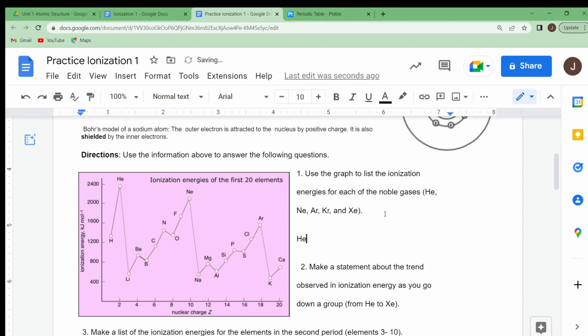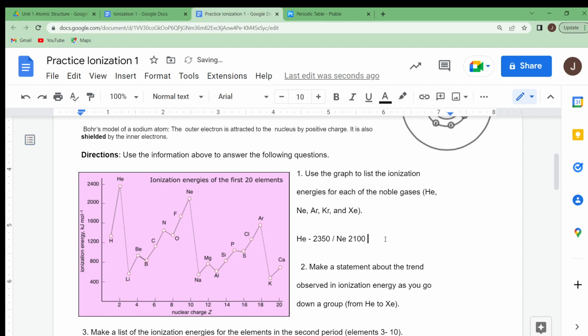So we would put helium, a dash, and then 2350. Our next one looks to be neon, and as you can see, it's also at the top of its column. So we're going to put neon, and that one looks like it's about